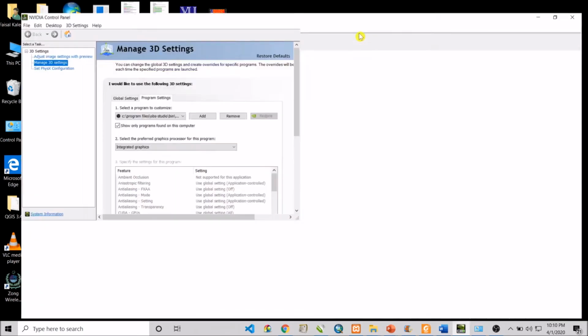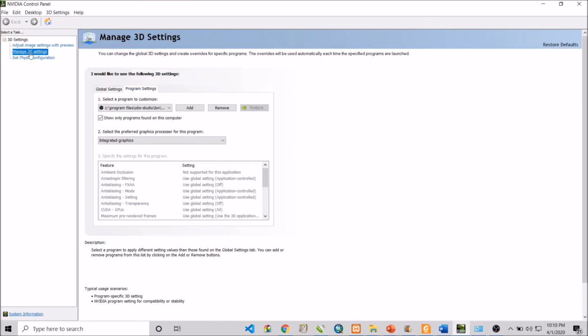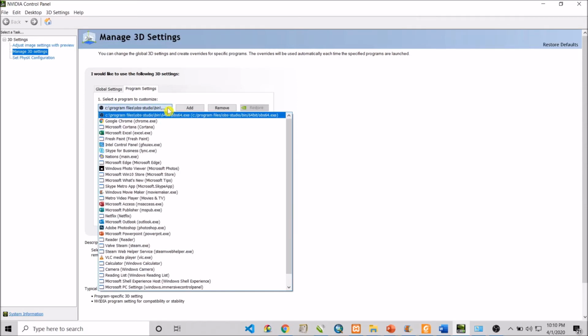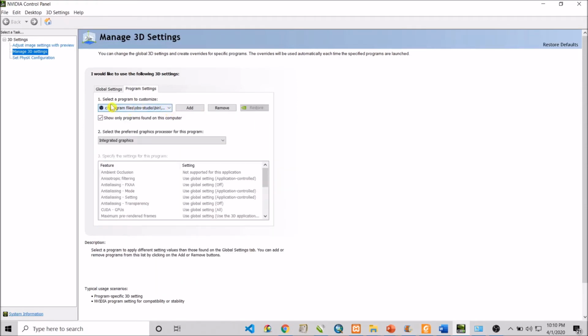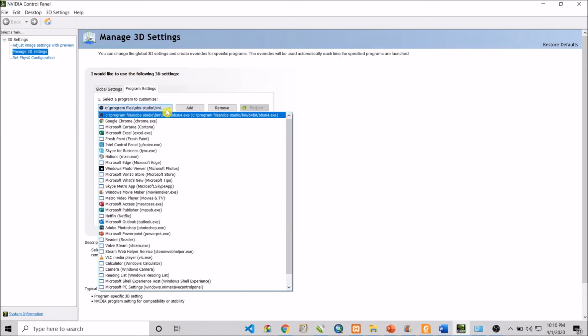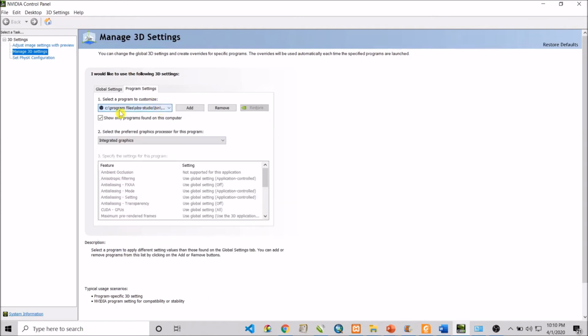Here is the manage 3D settings, and now go to the program settings. If you have other programs, in the first box, OBS should be selected, the one that I have selected. All other programs are there, but I have selected the OBS. Make sure that this should appear in this box, and